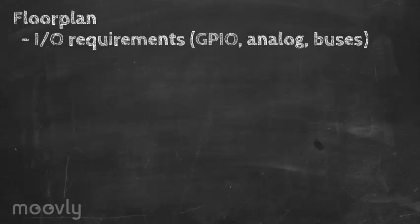GreenArrays chips are by no means ordinary microcontrollers, and it is therefore not surprising that the procedure of their programming also requires unusual methods. The first step in programming a GA chip is to carry out a thorough floor planning. We start with a definition of input-output requirements. An application may need several GPIO or analog pins, or any of the available parallel or serial buses. In any case, we need to locate the nodes with input-output capabilities and perhaps try several combinations to find the